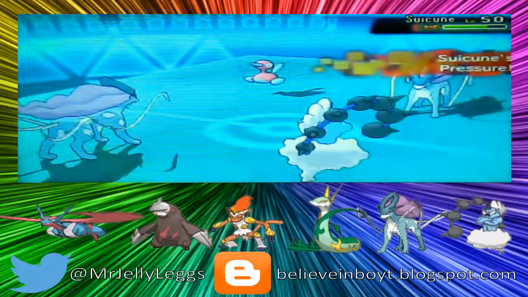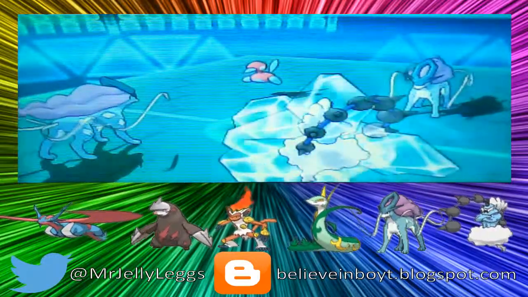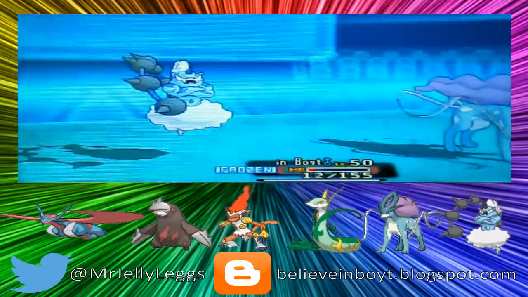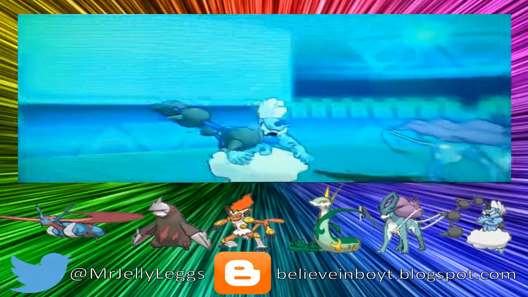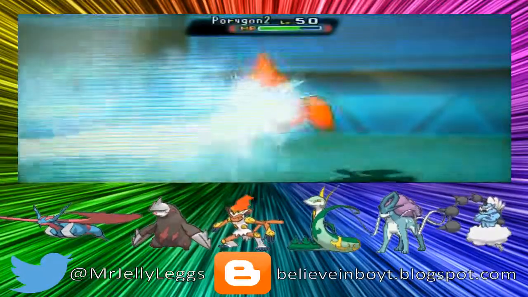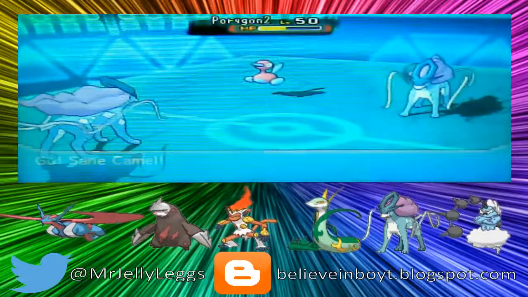I think I was going for the Protect this turn to stop the Ice Beam from KOing me and getting some more chip onto the Porygon. But I stay fully frozen, and he's going to be able to KO my Thundurus with the Ice Beam, so that was horrible. He gets a crit, didn't matter, he would have done enough damage, but I would have been in a great position if I'd been able to get off the Protect with my Thundurus. Because of the Scald onto the Porygon, it would have probably been in Thunderbolt KO range, and that would have